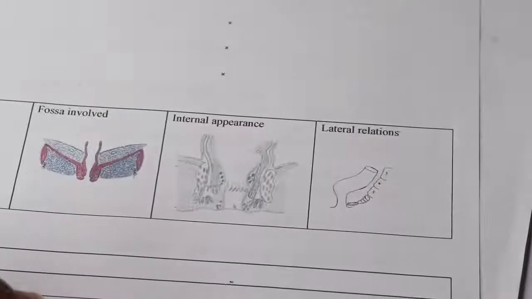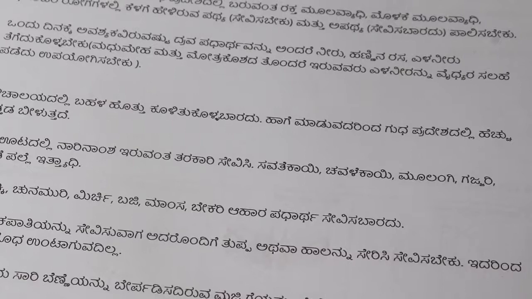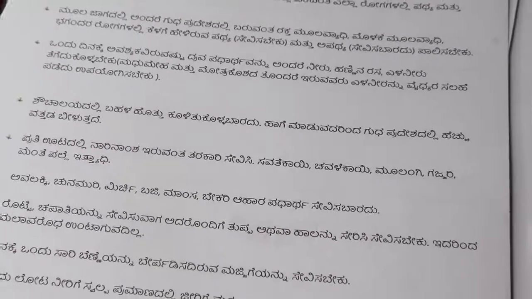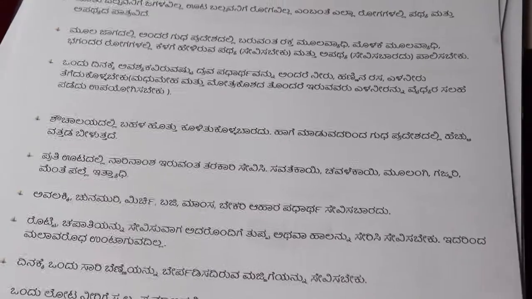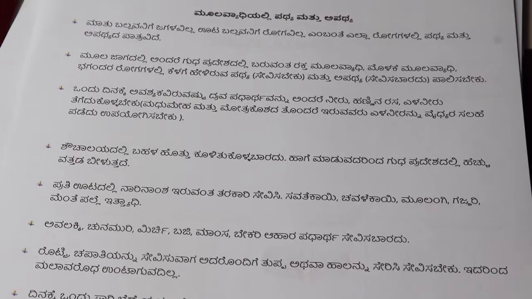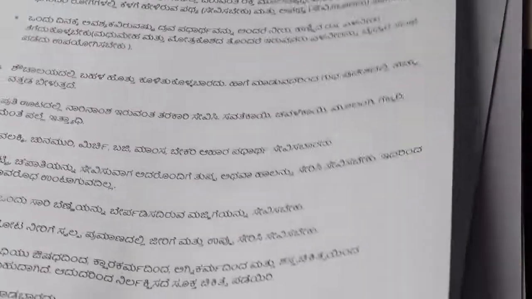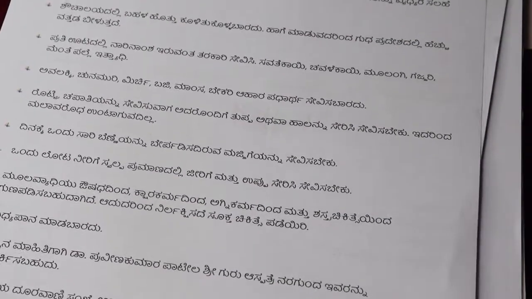of the OPD sheet, in the local language, I have made the pathya and apathya, meaning what to eat and what not to eat. This pathya and apathya is the diet chart which I have made. This is based on the Sushruta Samhita, what pathya and apathya is told by Sushruta. Based on that, I have made this pathya and apathya chart, which is on the back side of the OPD sheet.